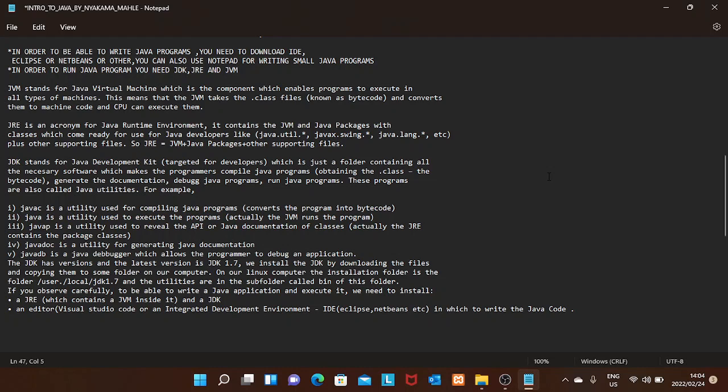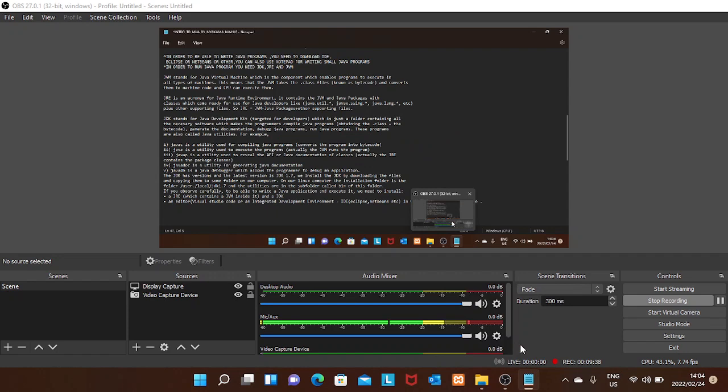Then we have the Java Runtime Environment. It contains the JVM and Java packages, which are classes that come ready for use for Java developers, like java.util, javax.swing for swing applications, and then